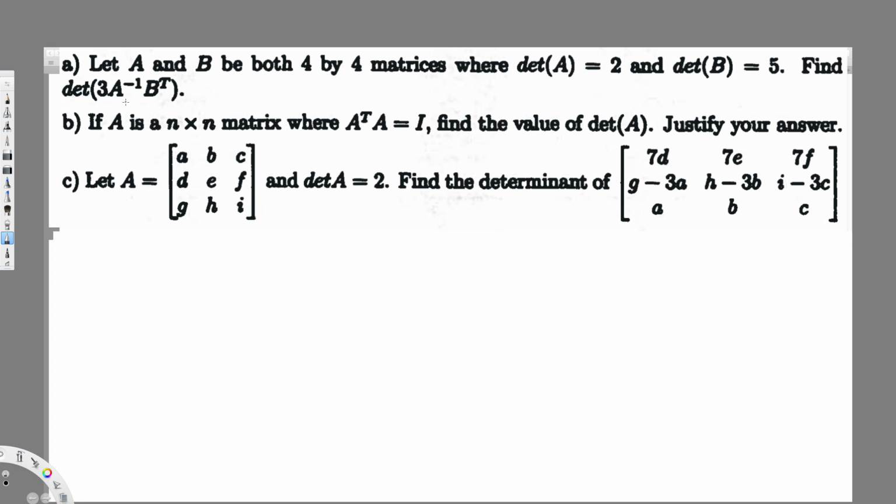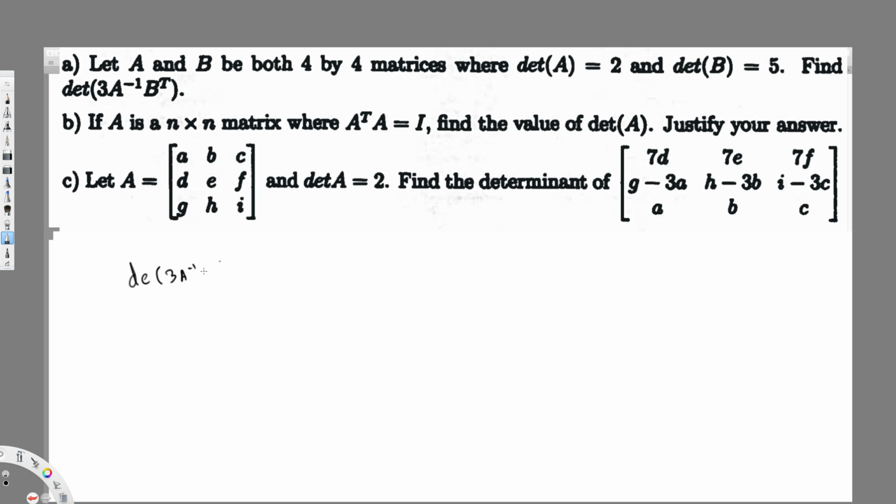What's going on, guys? We have three questions right here. The first question is: let A and B be 4 by 4 matrices where determinant A is 2 and determinant B is 5. Find the determinant of 3A inverse B transpose. Let's do this one first. So first of all, let's form this equation. So they are asking determinant of